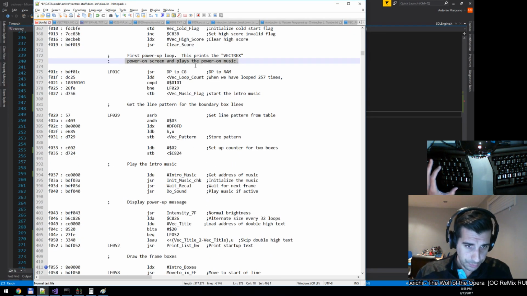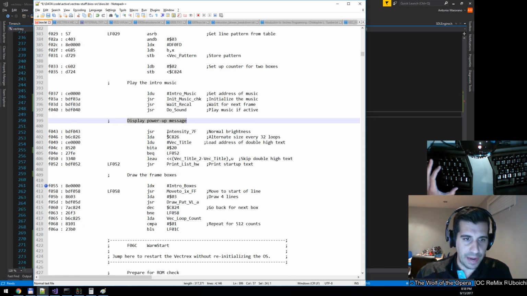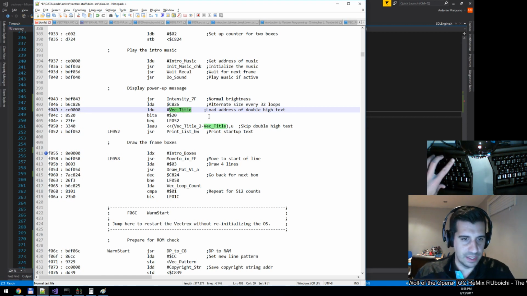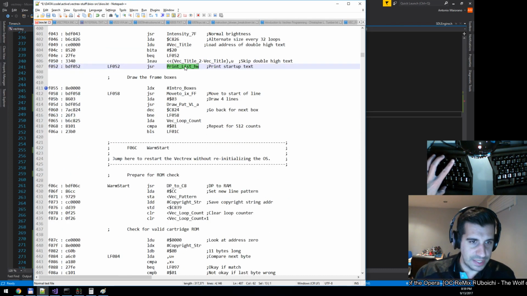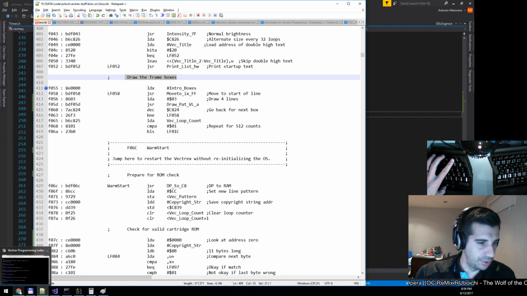Now, the very first thing it actually does in terms of rendering and drawing is this display power up message here. You can see it sets the intensity, and then it wants to show this vector title, which is basically Vectrex. But this is a bit of a pain to debug. So instead, we'll just skip ahead and stop here at the intro boxes, draw the frame boxes. Now what that refers to,